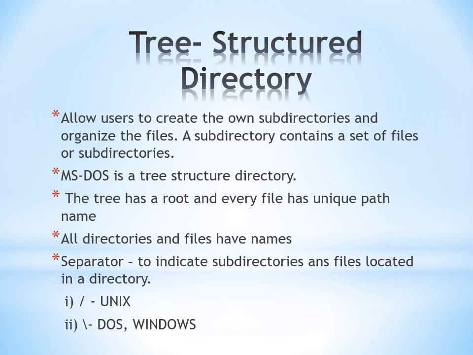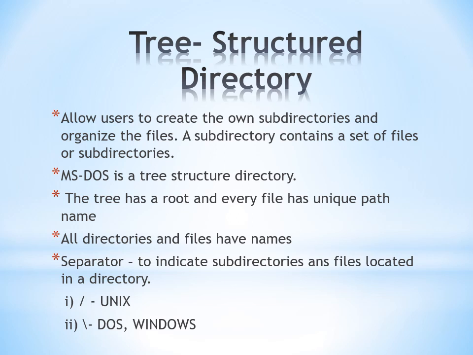So when you have a tree structure like this, it has a root, or what we know as the parent. Each path from the root, or the parent, to the child will be treated as a unique path. All the directories can have files. All the directories and the files have names, and they are separated by